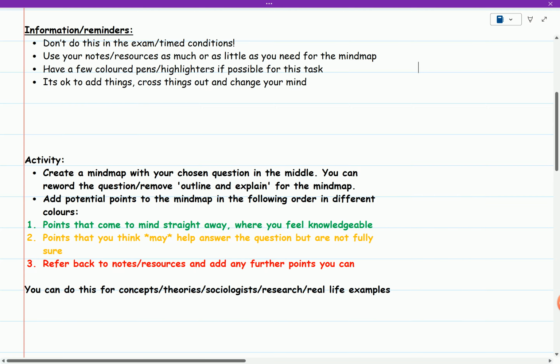We're going to create a mind map based on your chosen question. You're going to put the question in the middle. You can reword it to remove the outline and explain if you'd like. You're going to add potential points to the mind map in the following ways. And the points are going to be based on things that come to mind or that might help you answer the question. So number 1,